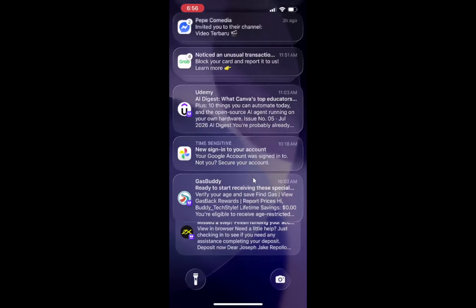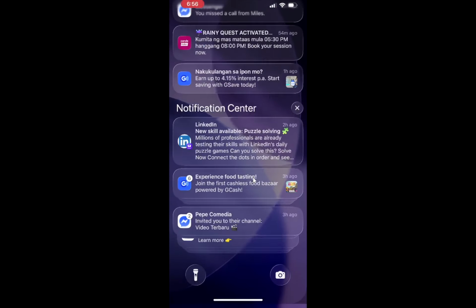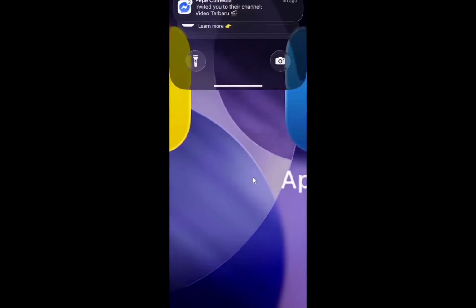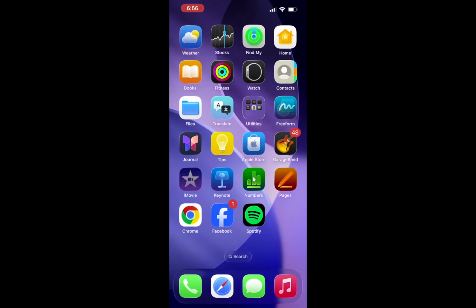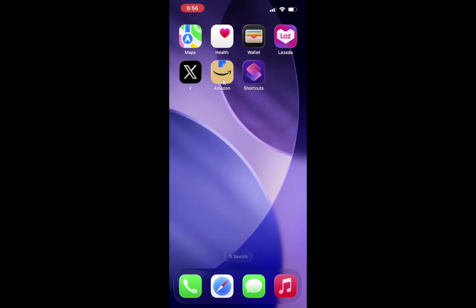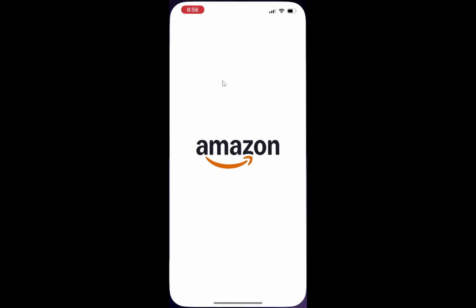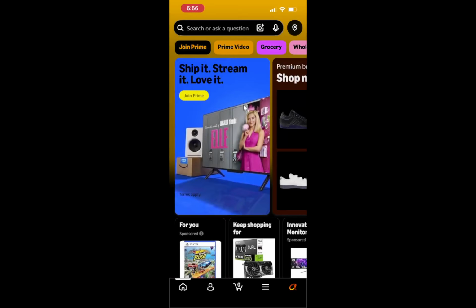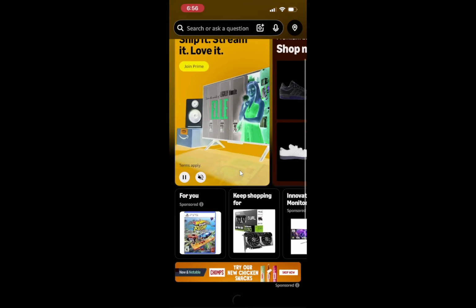Next up, open the Amazon Shopping app so we can control what notifications you get in the first place. When the app opens, you should land on the usual home view with the search bar at the top and navigation icons along the bottom. If it opens somewhere else, do not worry. The icons we need still appear at the bottom.